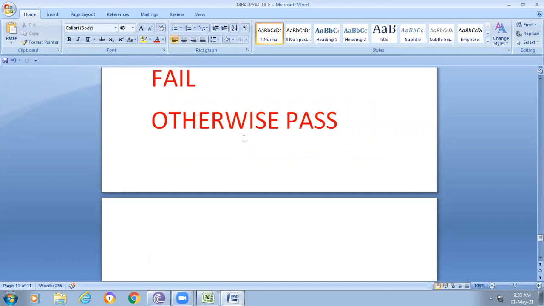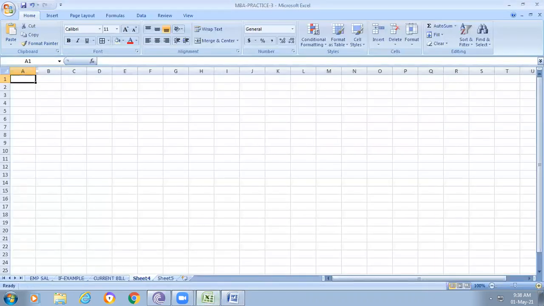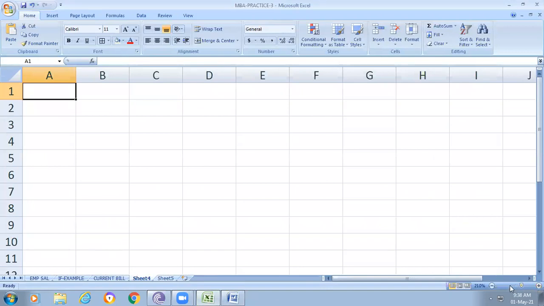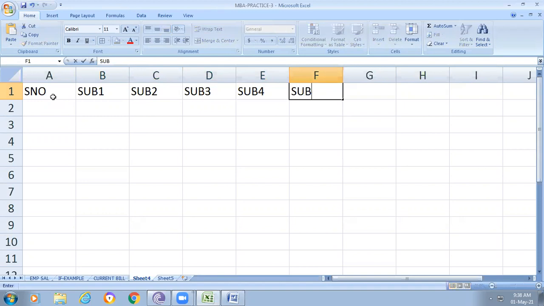Okay, so how are we doing this? We're already using the logical functions, am I right? First of all, here using the AND function, and now I'll open the Excel sheet also. I'll expand this so you are able to view it now. Here first of all I'm giving the student number, and the marks, for example subject 1, subject 2, subject 3, subject 4, subject 5, and subject 6.